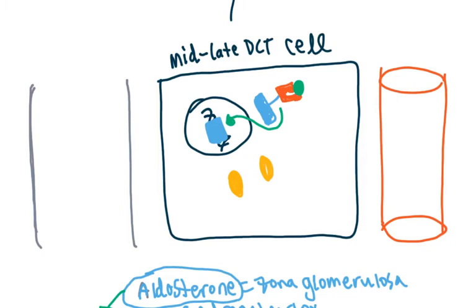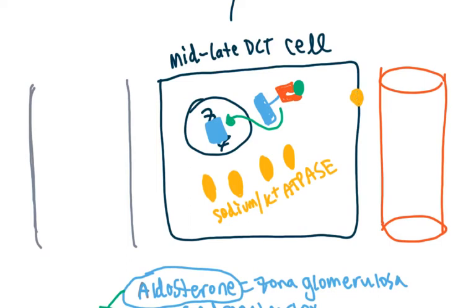So through protein synthesis, it's going to result in many of these sodium-potassium ATPase pumps. And these pumps are going to be put on the basolateral side of our mid to late distal convoluted tubule cell, so near the blood,